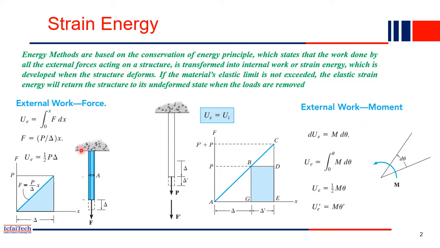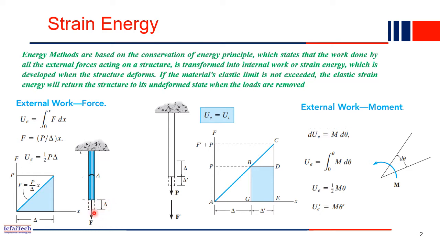So for example, let's consider this is a structure. Maybe this is a bar which is embedded on a wall. So this portion is embedded on a wall, and the load F is applied. So after application of the load, obviously there will be the elongation in a member. So the original length was this blue shaded line, but after application of the load F, axial force, the length has increased now. Now the increased length is delta.